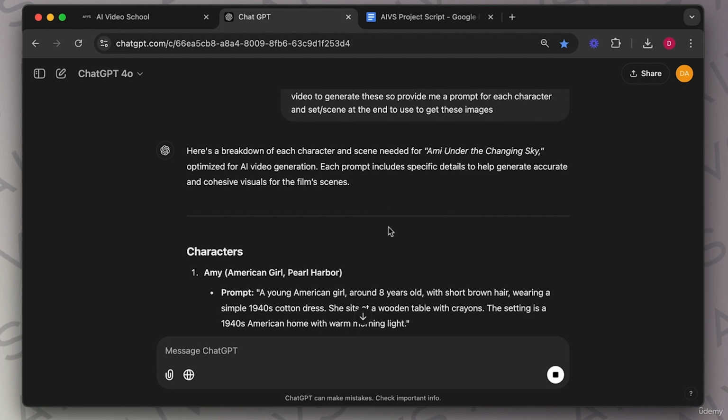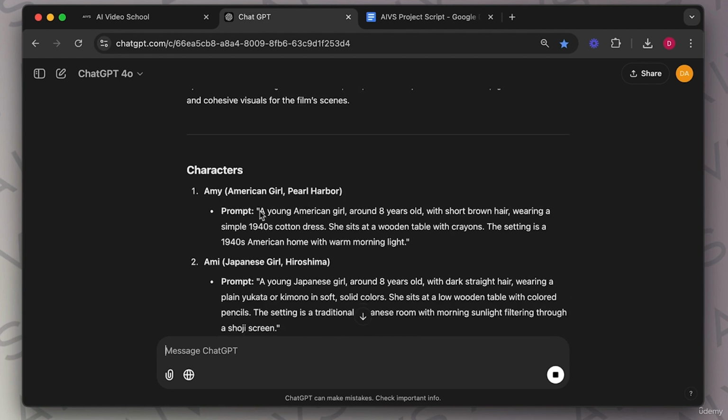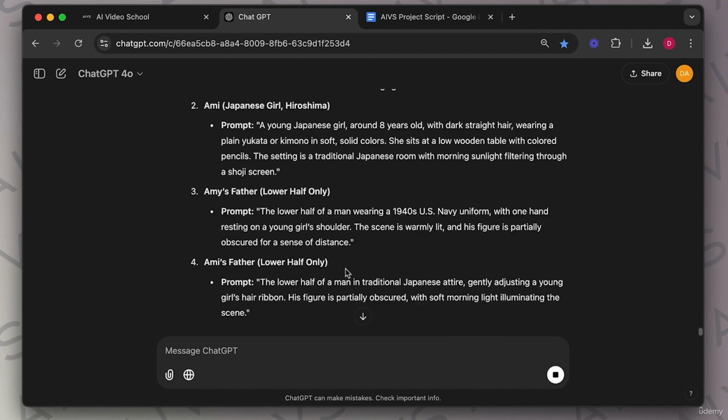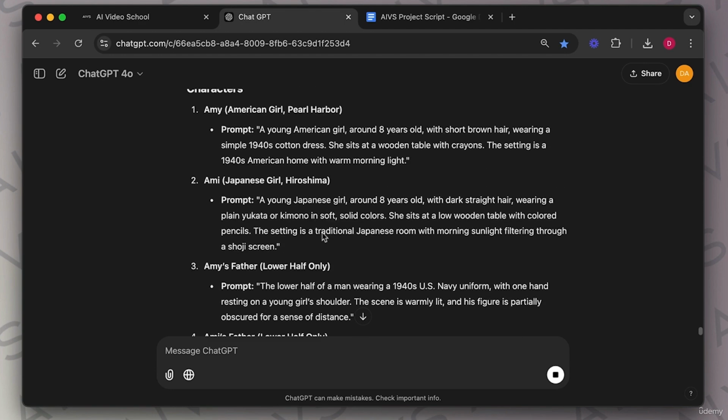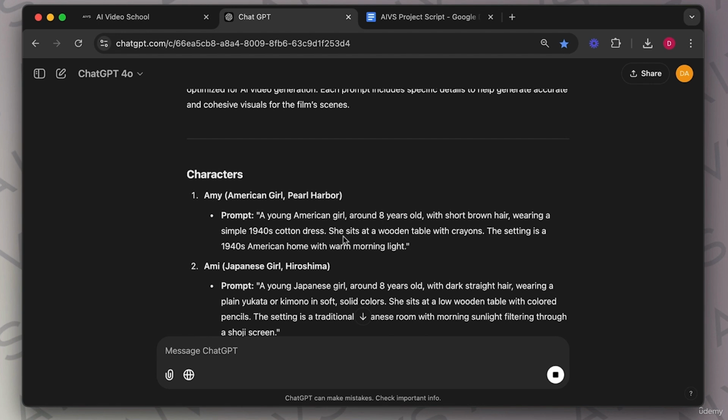So I've got my characters here, Amy, an American girl, and here is the prompt I can use. Amy, a Japanese girl, Amy's father, lower half only, and Amy's father, lower half only. For each of these, it's already given me a prompt. Now, you don't have to use this, but I like to have it as a template right here. I might decide that Amy's got ginger hair. I might decide that she's wearing something different, that she is sat somewhere else,